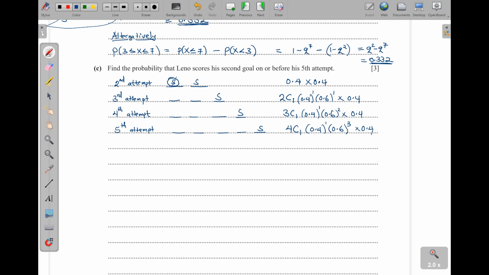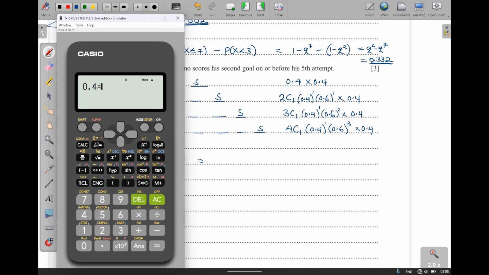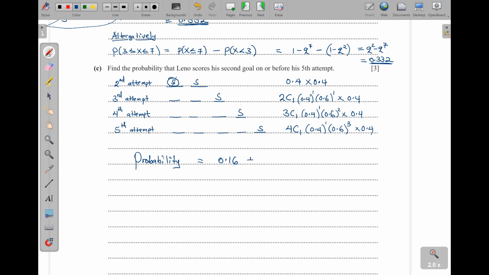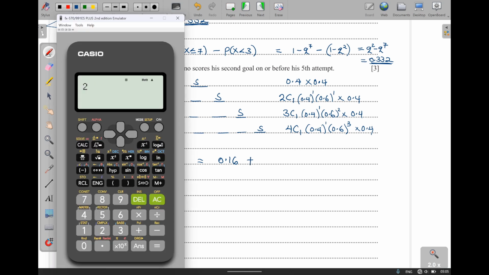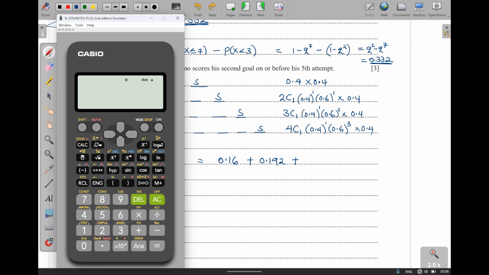Okay, and then I multiply all of these, and then I add all of them. So this probability is going to be, I'm going to put everything together. So 0.4 times 0.4, that one gives us 0.16. Then plus 2 combination 1, which is of course 2, times 0.4 times 0.6, then times 0.4, the last one. That one gives us 0.192. And then the third one is 3 combination 1, which is 3 times 0.4 times 0.6 squared, and then times the 0.4. That one will give us